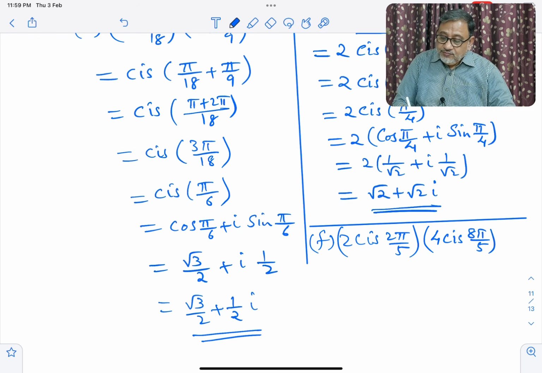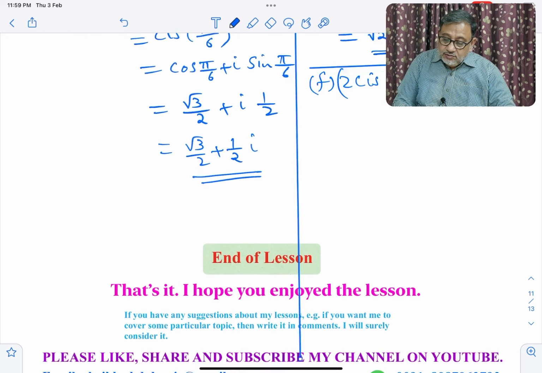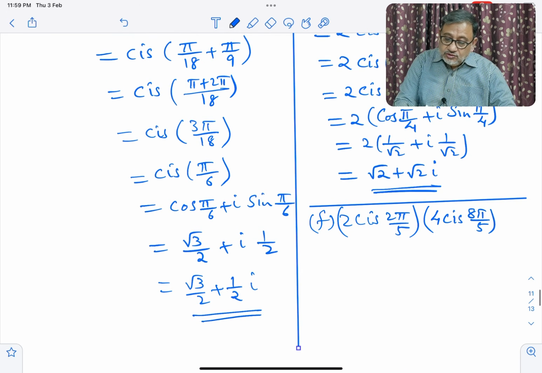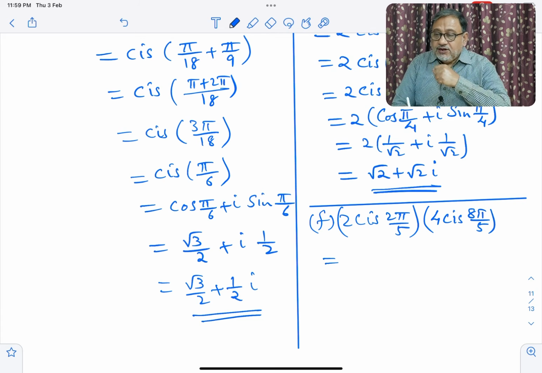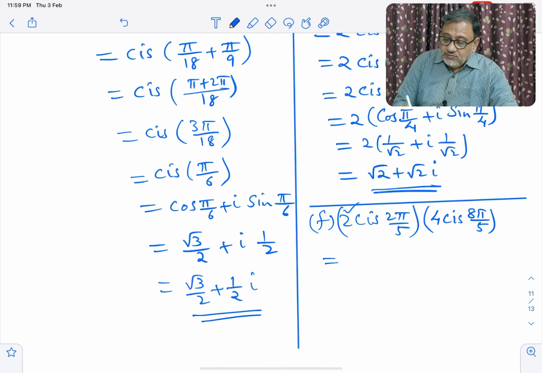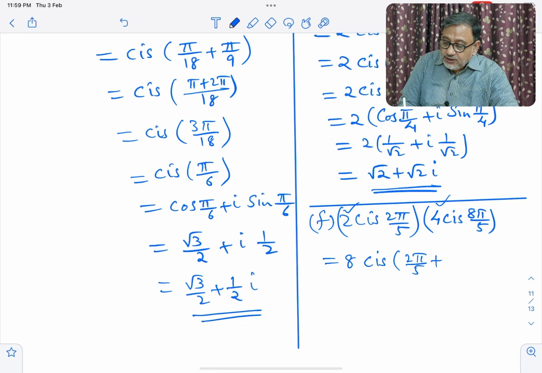Now look here, when the modulus is multiplied, it remains multiplied. So we will multiply this. This is the modulus of first one, this is modulus of second one. So 2 times 4, so we write 8 and the cis will come together and the arguments will get added. So 2 pi by 5 plus 8 pi by 5